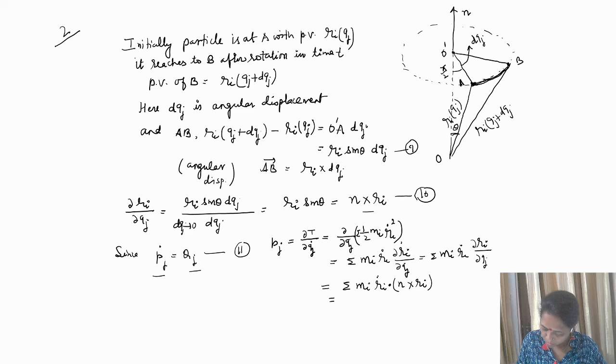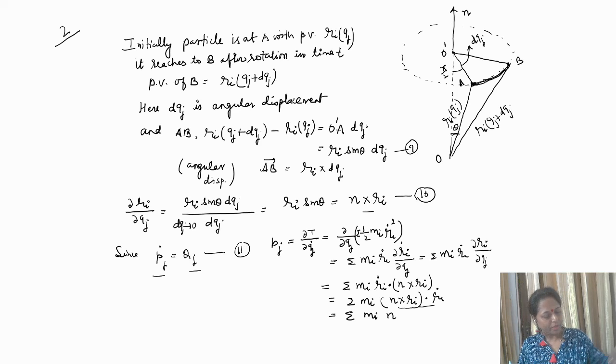For convenience I am writing n cross Ri dot Ri dot, which will again give mi n dot. If I use the identity over here, one part of this expression will be 0